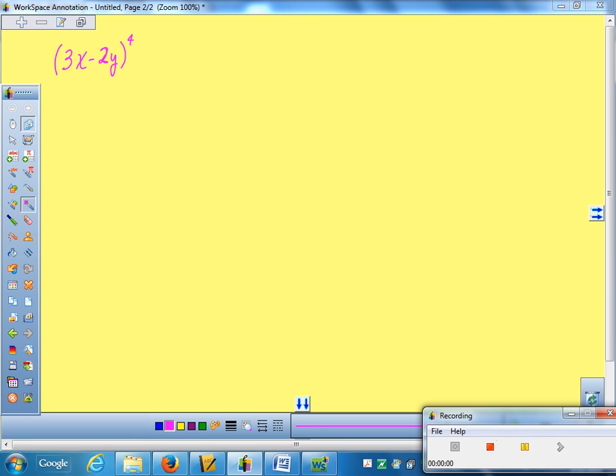So, you just told me if I'm going to expand this to the fourth power, the x's get smaller, so they start at what power? They start at the fourth. Now, here's the difference. Because that's a 3x,